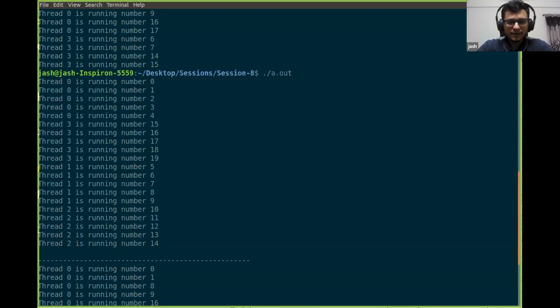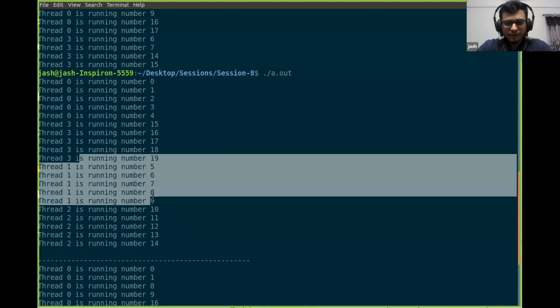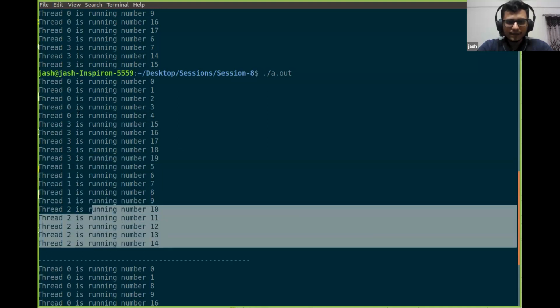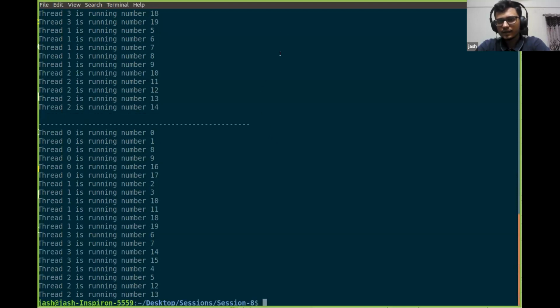And similarly for this case also, right? We saw that for thread 0, iterations 0 to 4 will be assigned to it. Thread 1 gets 5 to 9, thread 2 gets 10 to 14, and thread 3 gets 15 to 19. So there is some amount of determinism, which is what I was trying to say, in the way the work is distributed among the threads. I mean, the way the iterations are distributed among the threads. Sorry. So far so clear, right? Any questions up till now? Anything that was unclear here?